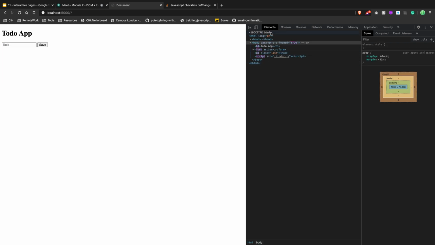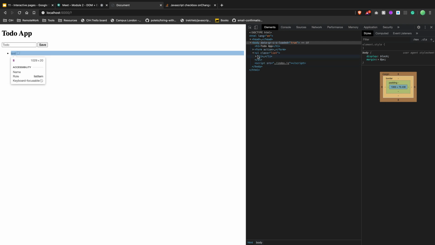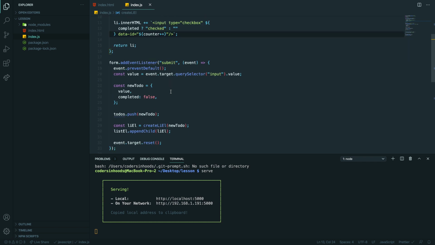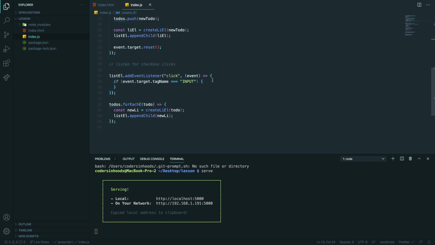So let's test it. So we have no elements. Test, save, li. We have data ID, right? Beautiful. So we have 0, and this is our index. This is what we want. So now if we select in this one,